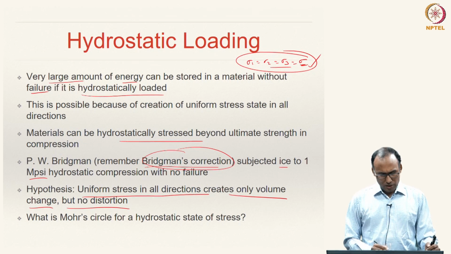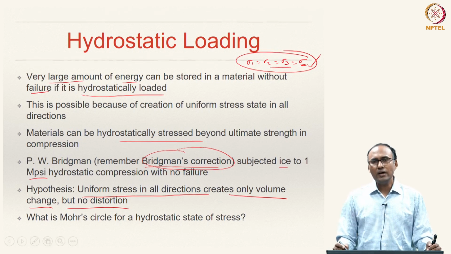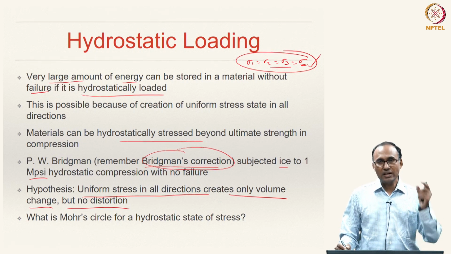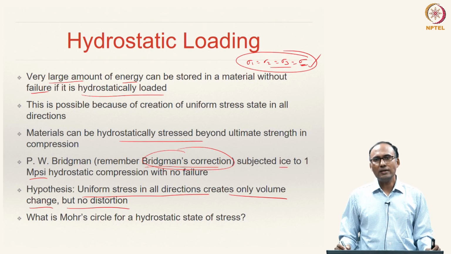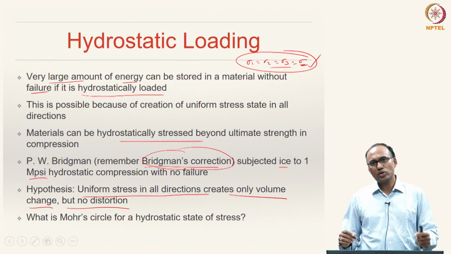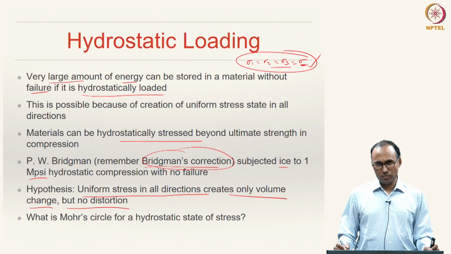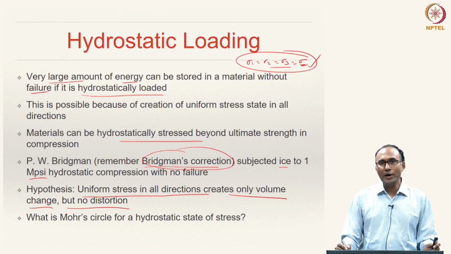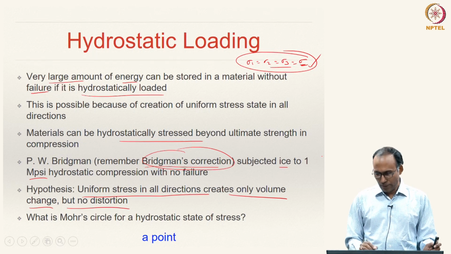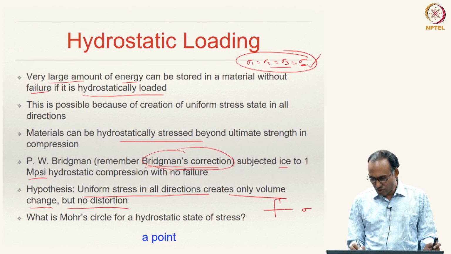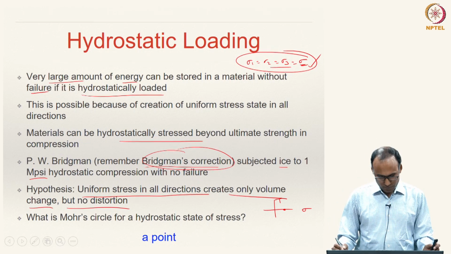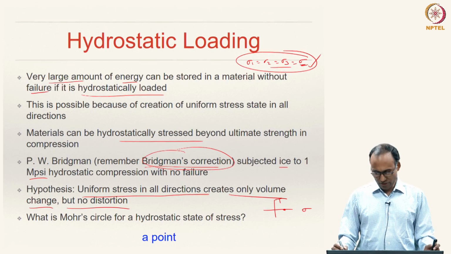So, think about how your Mohr circle looks for a hydrostatic state of stress, because you are saying sigma 1 equal to sigma 2 equal to sigma 3. So, the radius of your Mohr circle will be 0, right: sigma 1 minus sigma 3 is equal to 0, or sigma 1 minus sigma 2 equal to 0, sigma 2 minus sigma 3 equal to 0. So, the radii is 0, and hence your Mohr circle will be a point on which axis? A point on sigma axis or tau axis? It should be a point on sigma axis, because it is only a state of pure normal stress, right. Hydrostatic stress is a normal state of stress.